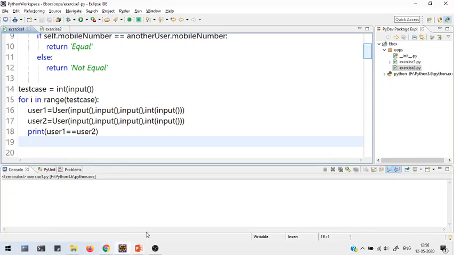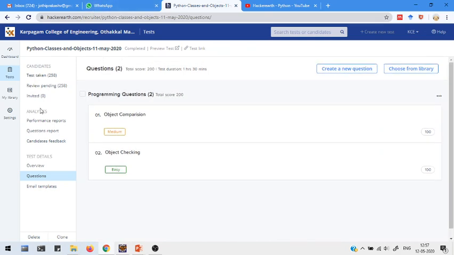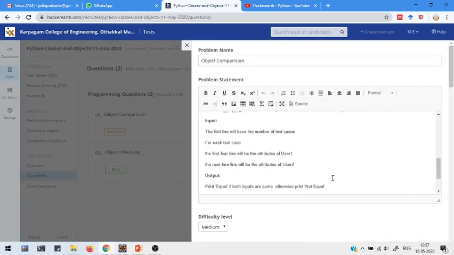For that, I'm going to take the input that is given in HackerRank. The first question was object comparison.